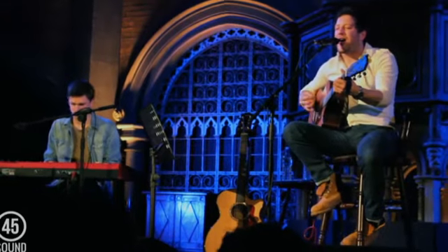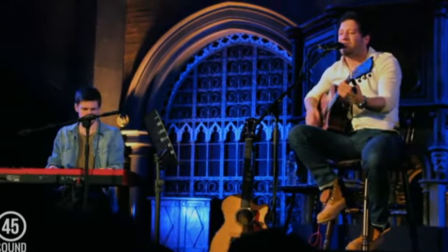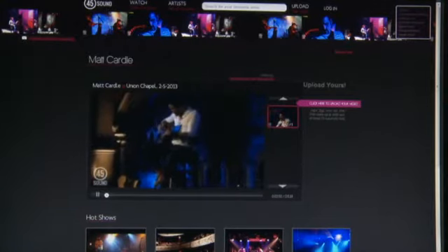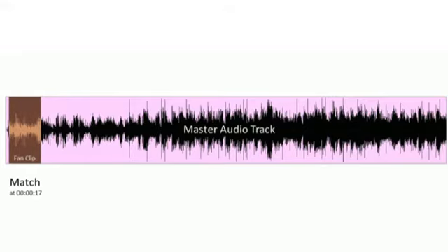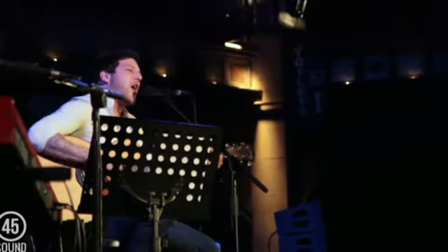Instead of geotags, though, the clips have to be directly uploaded to 45 Sound's site. And it's there the magic happens. The sound waves from your video's distorted audio is synced with the professional high-def track through a specifically designed algorithm. So bear in mind, recording at least some sound is vital.